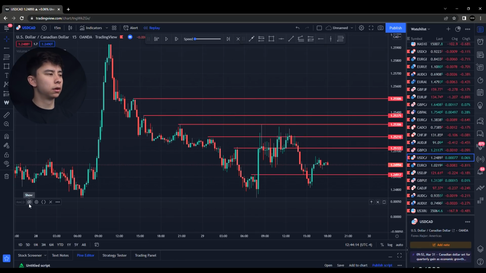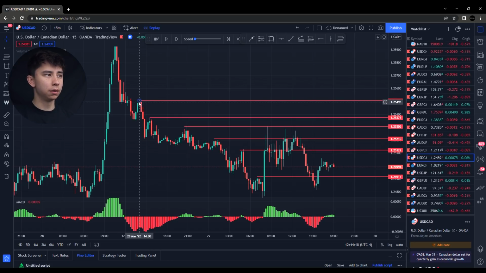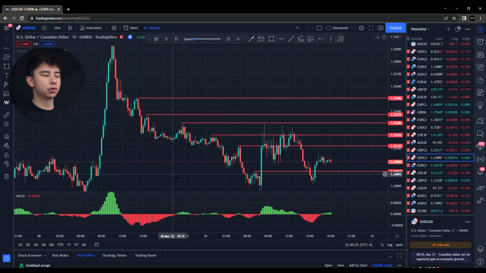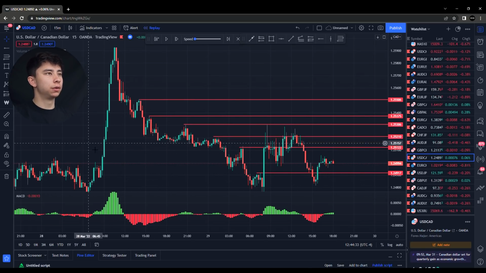And if we turn the MACD on, as we can see, right away these two highs here are not even highs. A lot of the time I will see people send me trades and I will go and look at them and they will mark out the wrong highs because they're not using an MACD. So for example, these first two highs, you might think they're a valid high, but they're not, because on MACD,